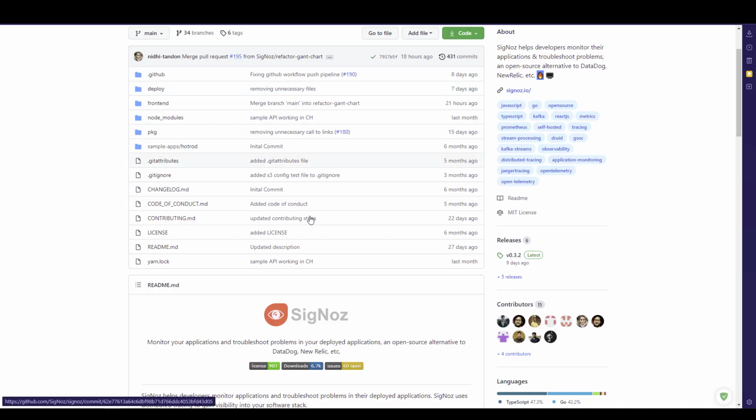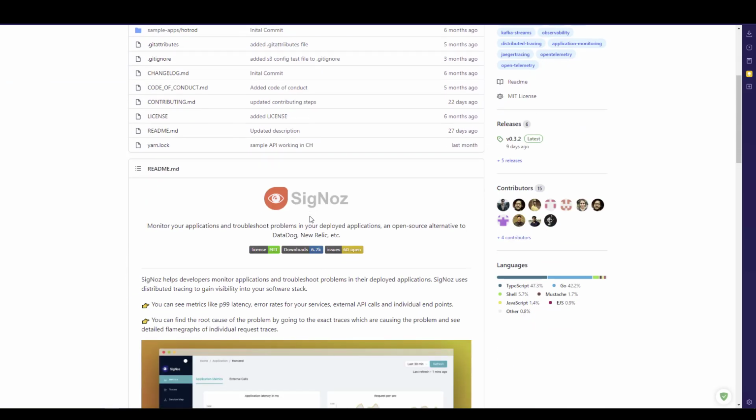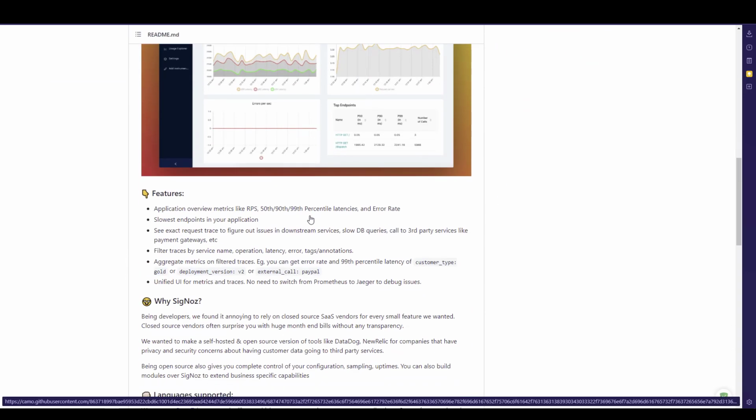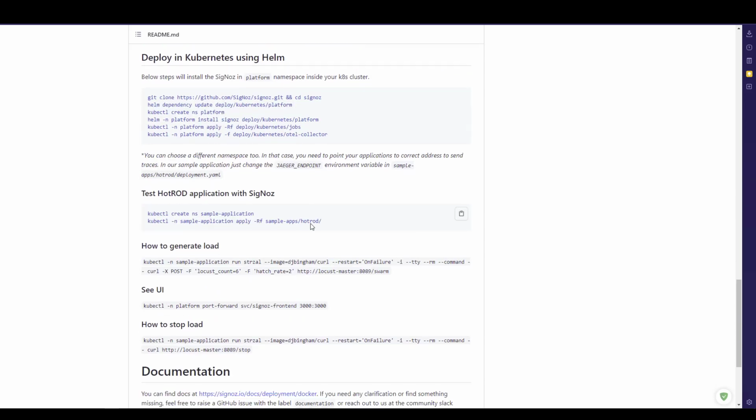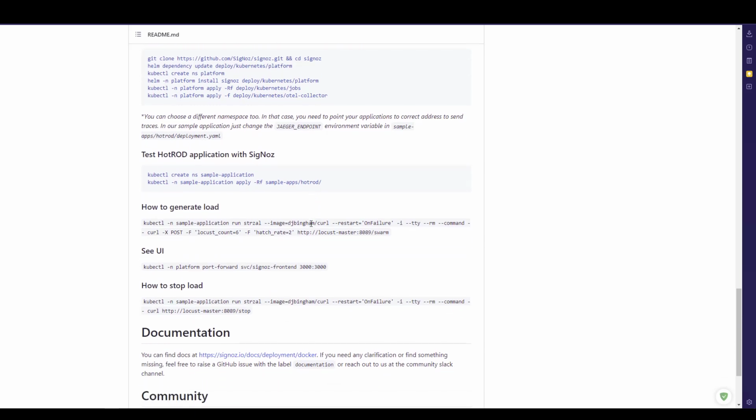First, go to this GitHub repository, and here you can learn more about SigNoz and other features. And if you just scroll down, you can see the getting started section. So here, as I mentioned earlier, you have to clone this, go inside the deploy folder and run your install.sh. It will take care of everything. The prerequisite is you should have Docker and the relevant tooling and kubectl. So these are the prerequisites to begin with SigNoz. And if you want to deploy the sample application, you can use this particular command. And to generate the load, again, we have the commands.